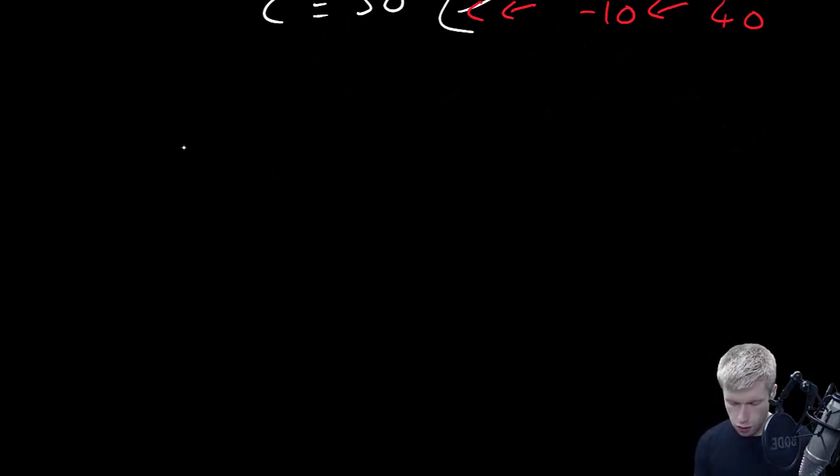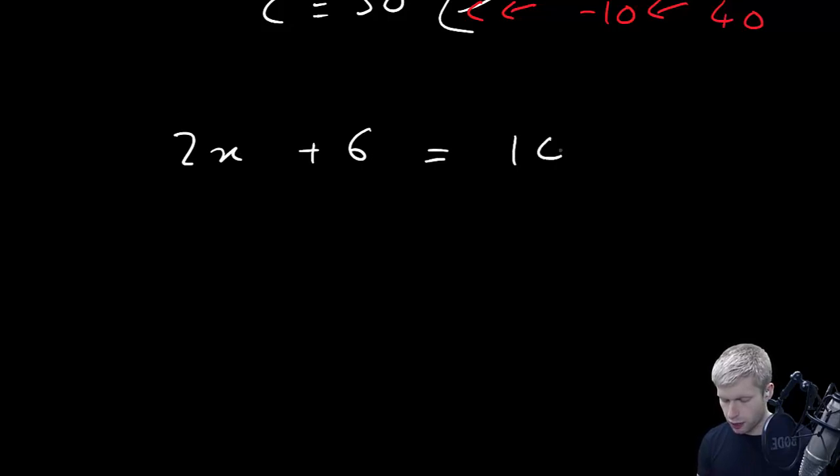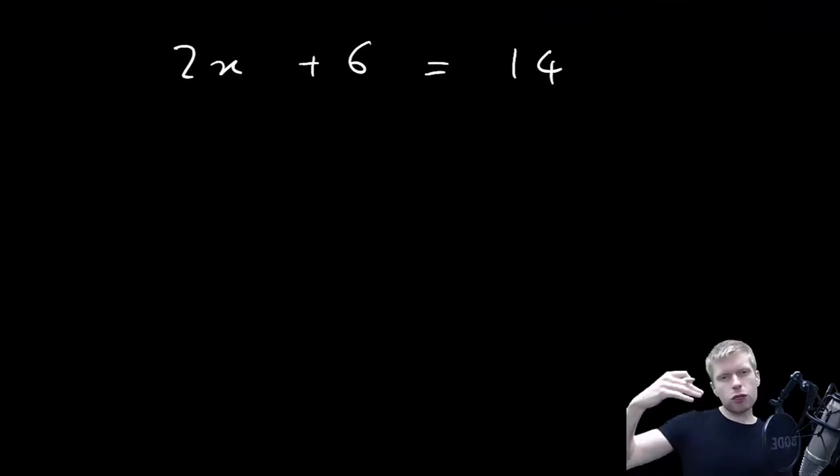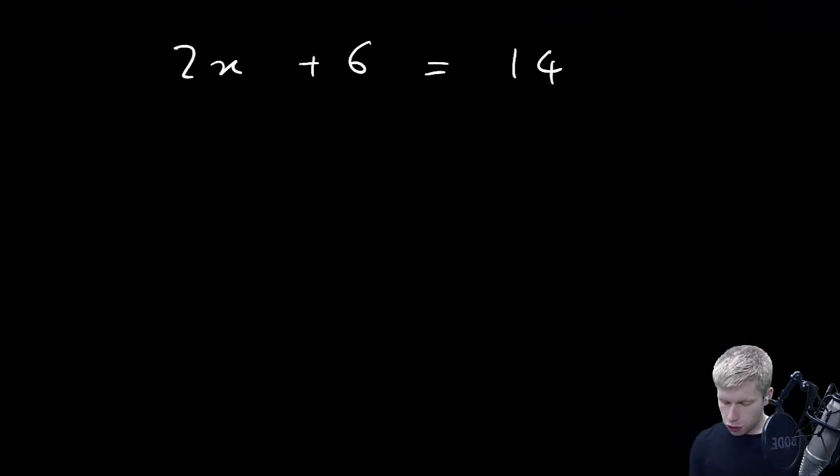Let's try, I don't know, 2x plus 6 equals 14. Well, here we're doing two things, aren't we? We're literally starting with x, then we're timesing it by 2. So we times by 2 first, and then we add 6. So it's kind of writing down the operations of a chain, and that gets me to